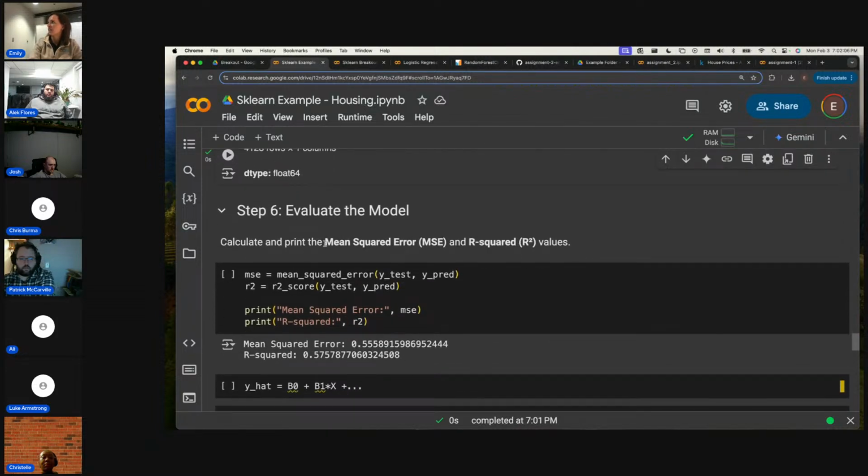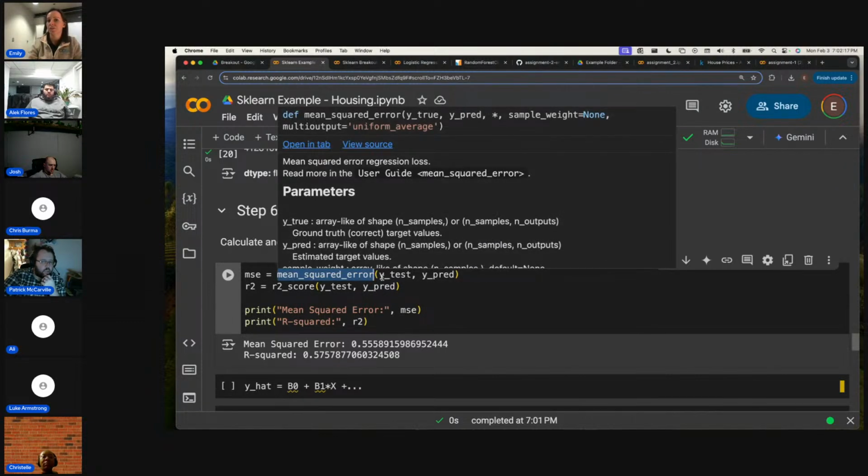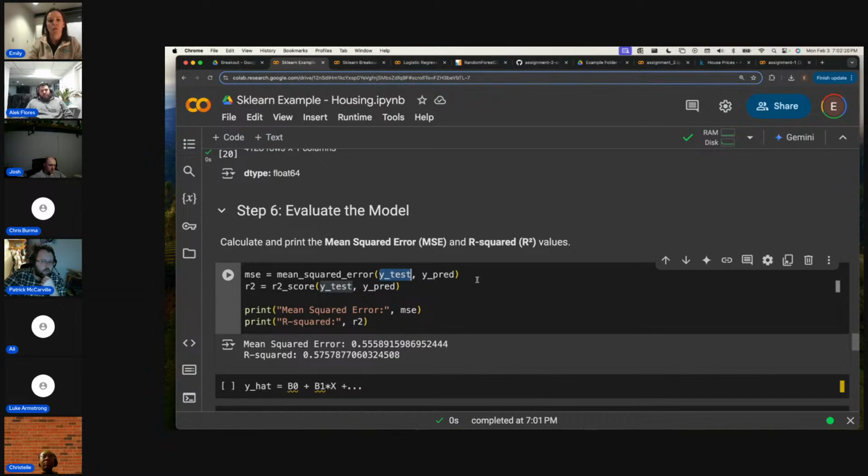We can calculate the mean squared error, the MSE, and the R-squared values by calling MSE. It's one of the packages we imported at the top, the mean squared error. And we pass Y test and YPred. So we pass 2 Y's to our MSE. We pass it what the model thought the answers were, what it predicted the answers were based on its trained weights, and then what the ground truth answers were in reality. And then the mean squared error will calculate the difference between those and give us a metric,